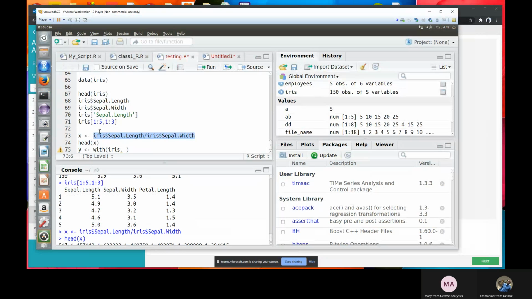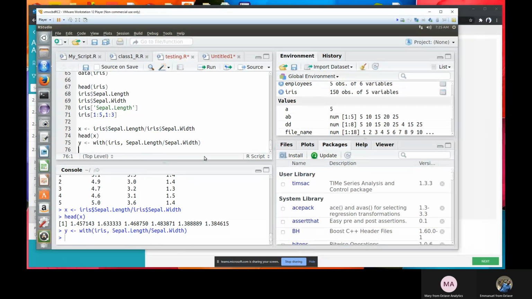So with iris do this. If I don't need to put this iris$, I'll just remove this. Then I'll remove this. So with iris, do this operation for me and assign it to y. If I run this, it has run.